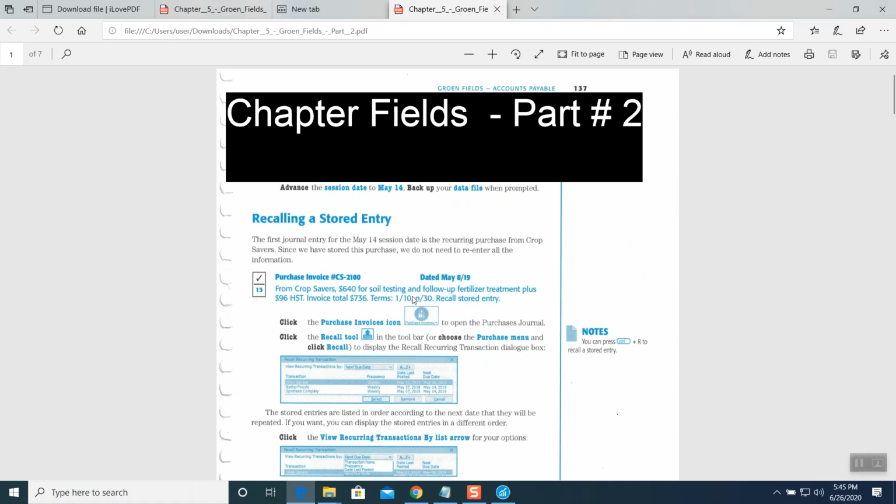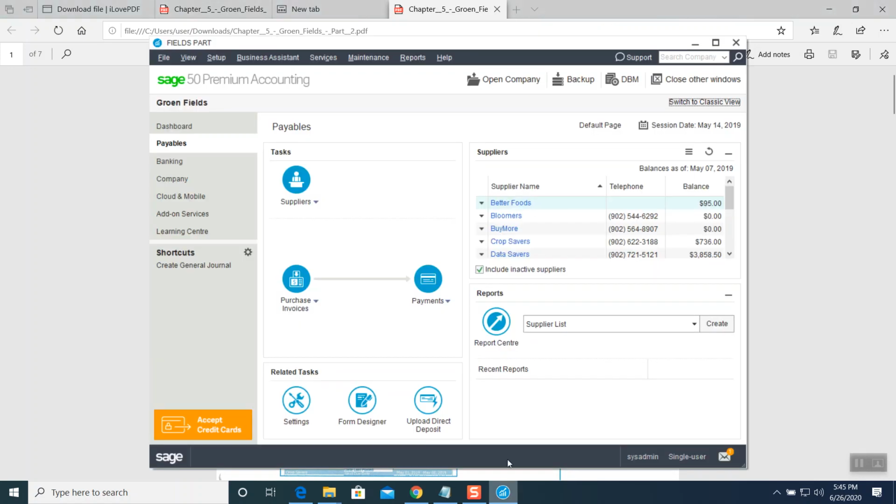When there's a term, guys, what is the meaning of term? The answer is pay later, right? So now we did the question, we are going to record the question. How to record? Click on purchase invoice icon. Okay, let's do it. I click on purchase invoice icon,